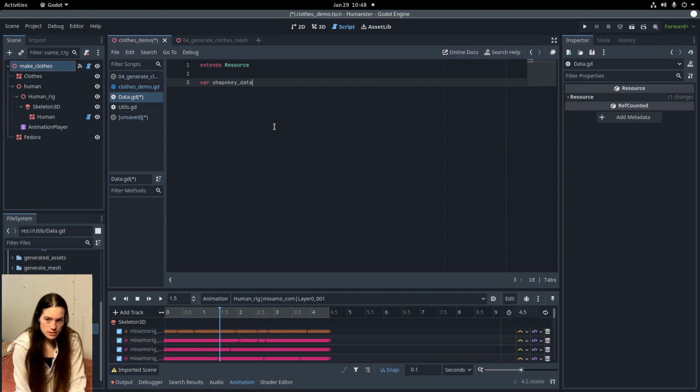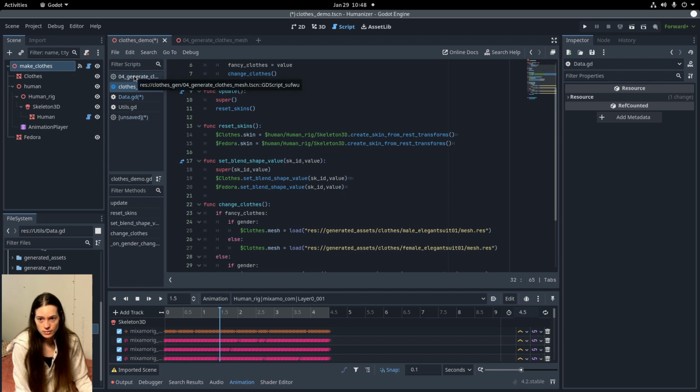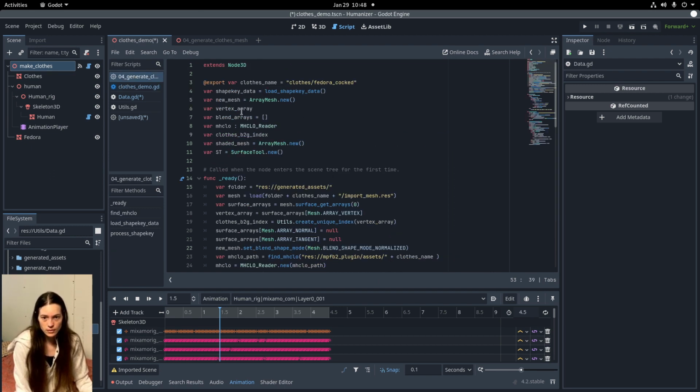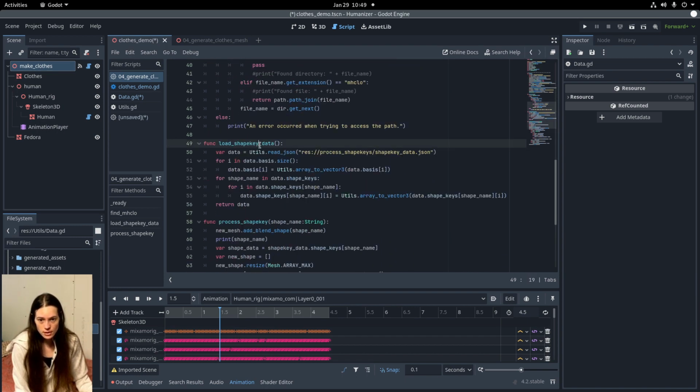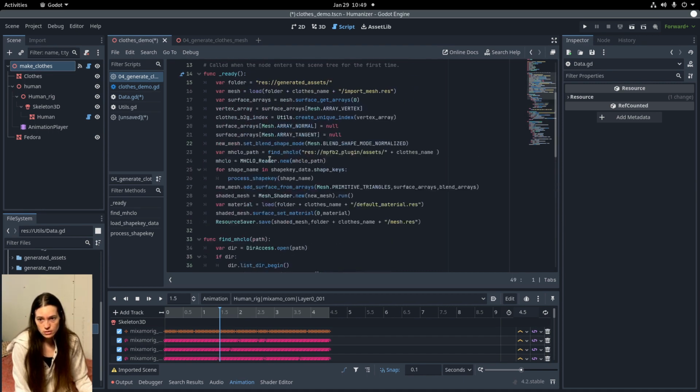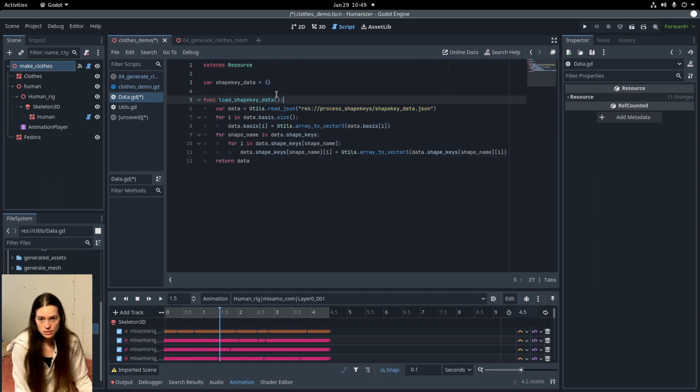Because every time the character ages up or gains weight or anything like that, a new character is created, or you load a new chunk, so you'll need to be calling the shape key data basically all the time. It doesn't make sense to be constantly unloading and reloading it. So I already have the load shape key data function in my generate close mesh. So I'll copy that, and I'll set the shape key data to the load shape key data,